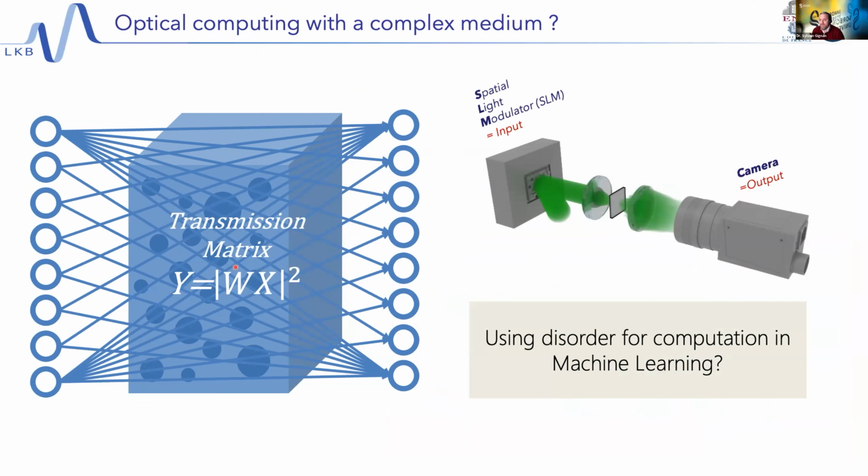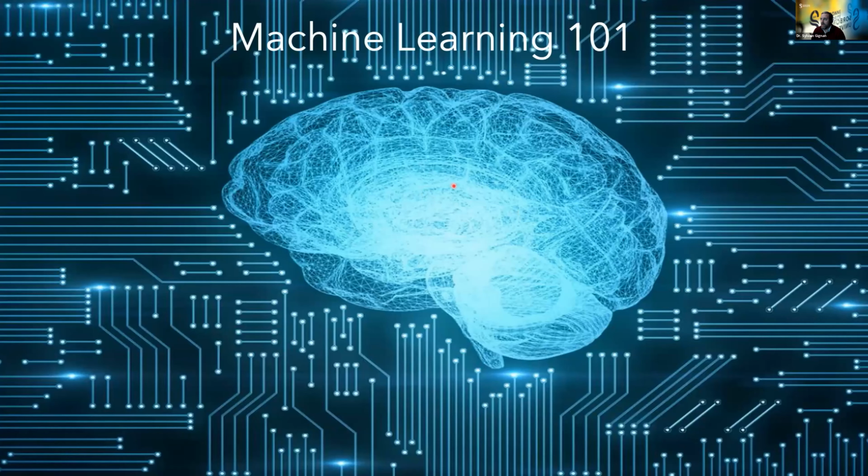And the general idea is you have a complex medium with input and output modes, and you have a machine that is basically computing some operation. The output on the camera or on some detectors is the modulus square, because it's an intensity, of the transmission matrix times the input. And the question we ask ourselves is, can we use that to do some level of computation or treatment of some information that comes in? Okay, and I just want to really briefly remind you how